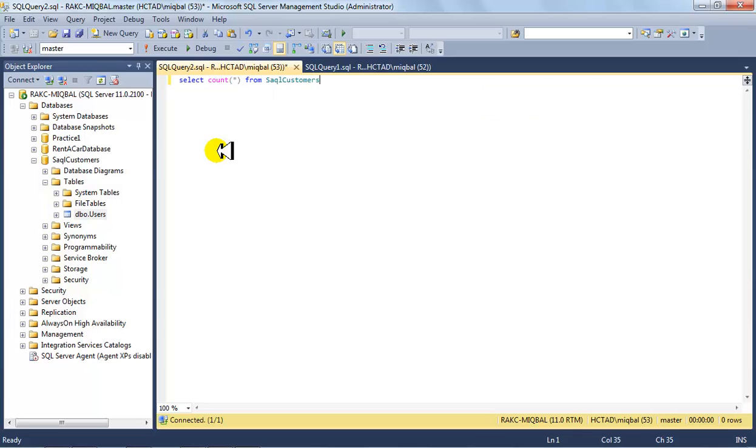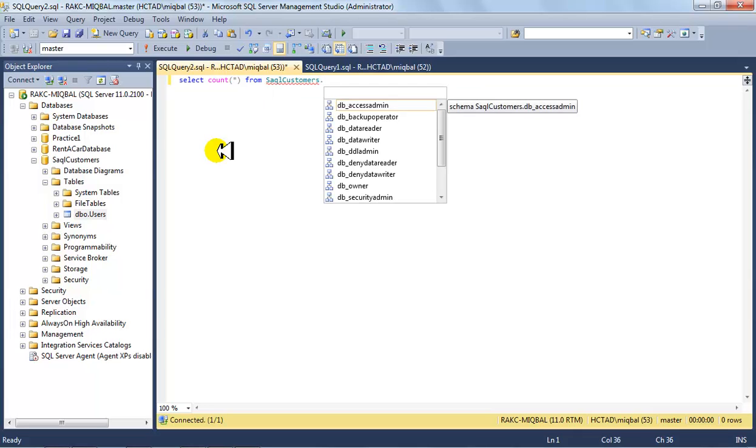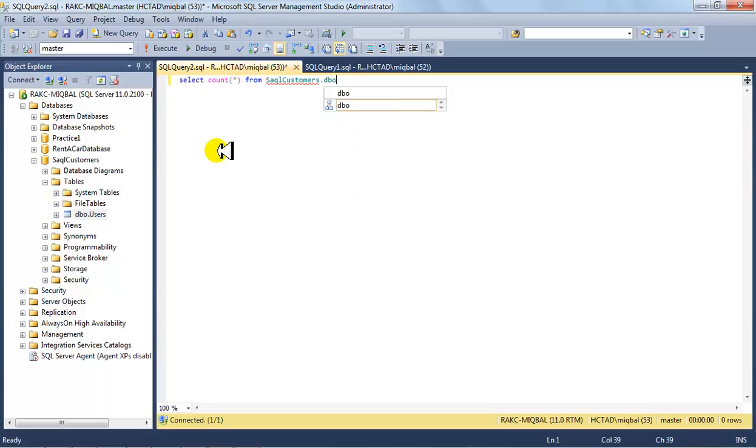This is the database name, SQLCustomers.dbo.users. So you don't need to write SQLCustomers.dbo because this is the name of the context. You just need to write users. The schema name is not necessary when you're writing this query in the program. So anyway, I'll write now SQLCustomers.dbo.users, select count asterisk from this table name, where